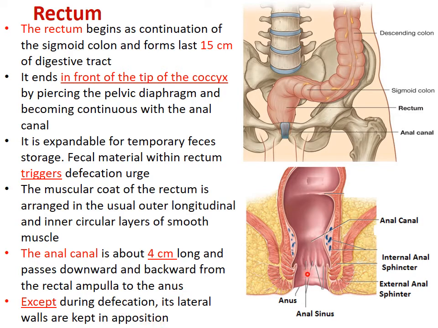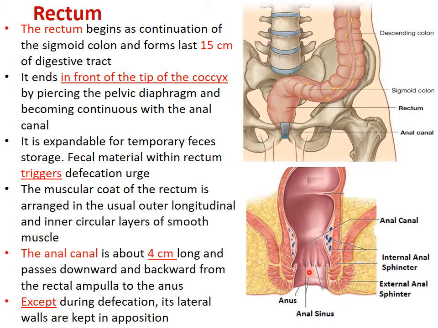Anal canal, it is talking about the anal canal. Just like the stomach, it has two sphincters, the cardiac or lower esophageal sphincter and the pyloric sphincter. Then there is a sphincter between the ileum and the large intestine, the cecum, the ileocecal junction, right? Then this large intestine, when it is opening at the anus, again there is a sphincter, and there are two